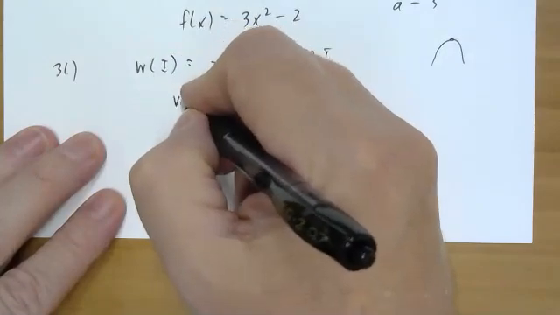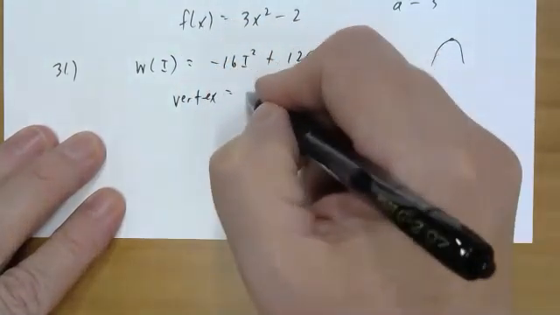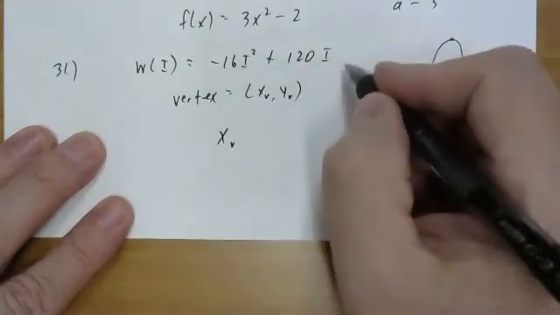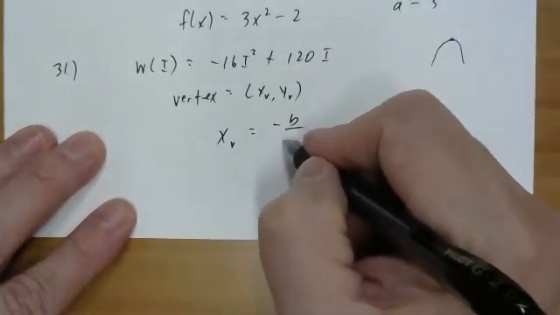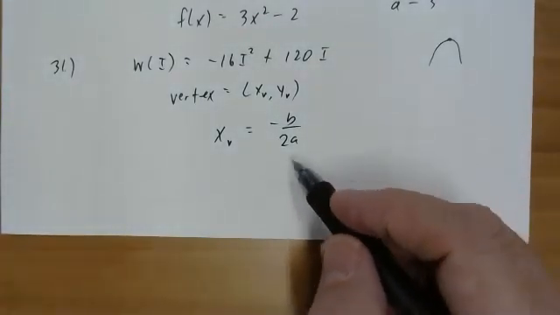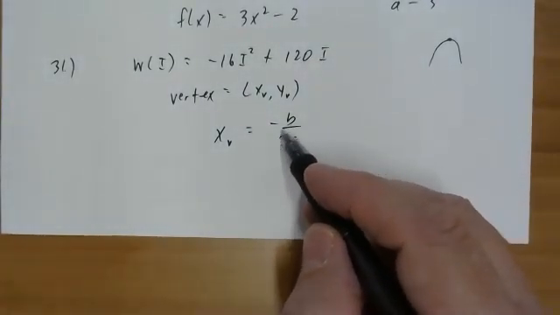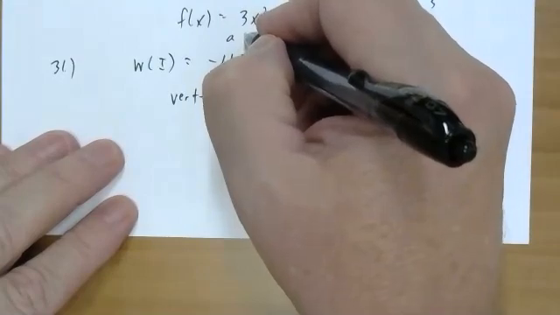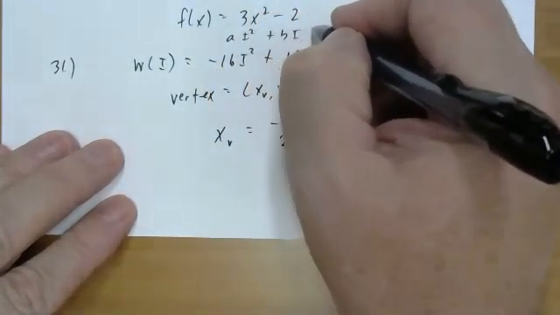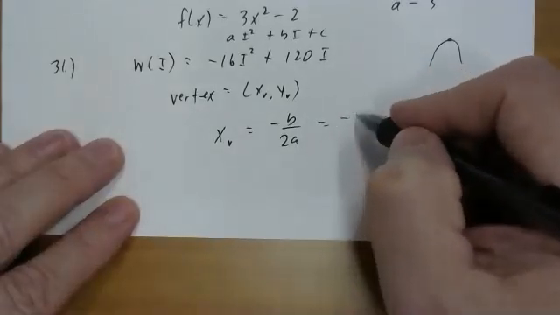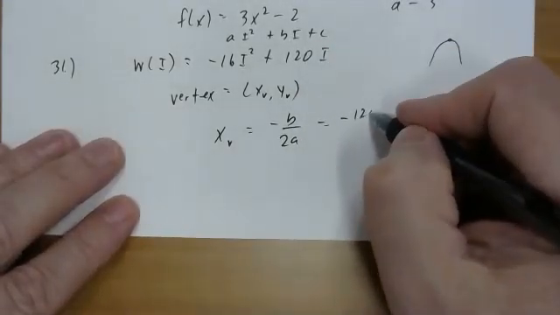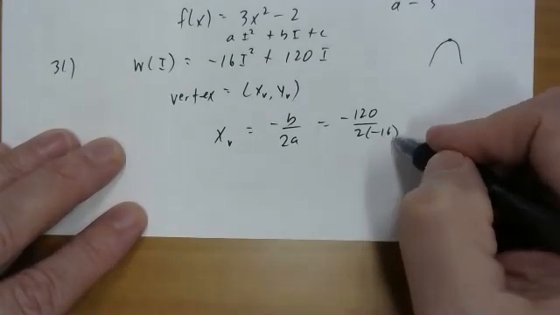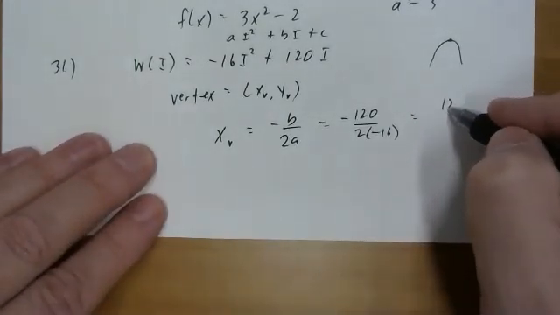So the vertex for this kind of problem, when the equation is written like this, we have a little formula, which you will not be given for the test. You need to know this. I've memorized it: negative b over 2a. So this is sort of like ai squared plus bi plus c, right? So negative, the b is 120, over 2 times a, negative 16. So it's 120